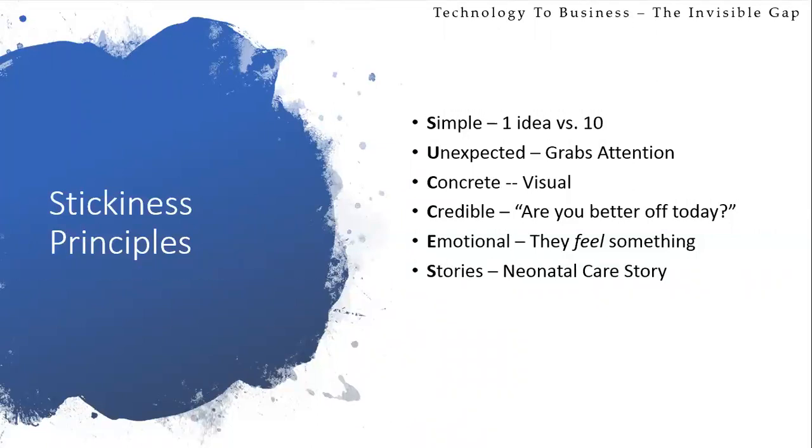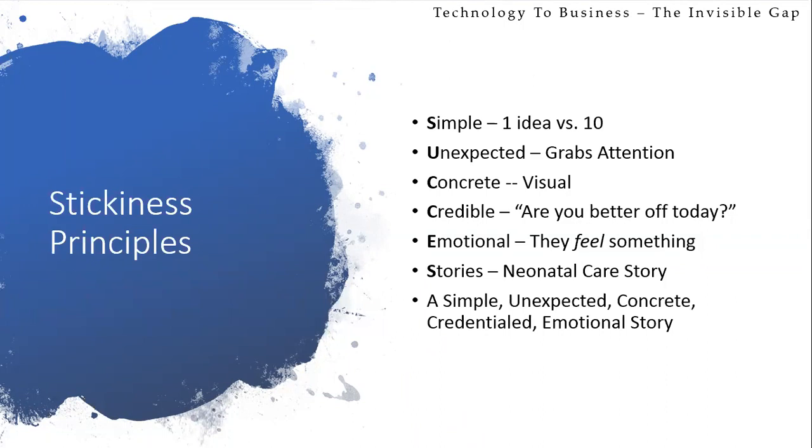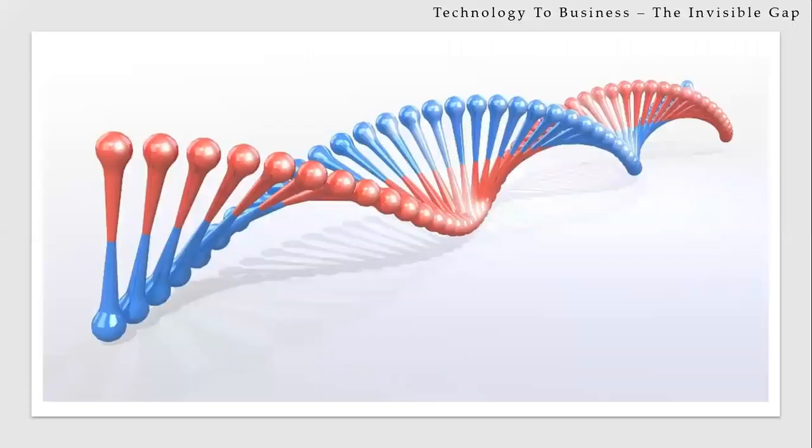And then stories is more about how you put your examples and case studies. I'm not talking about this case study, but in terms of your stories, you should talk about your experience. Where have you done something similar? That is what is important. So that is where your message should be around all these 6 principles: simple, unexpected, concrete, credible, emotional, and stories.